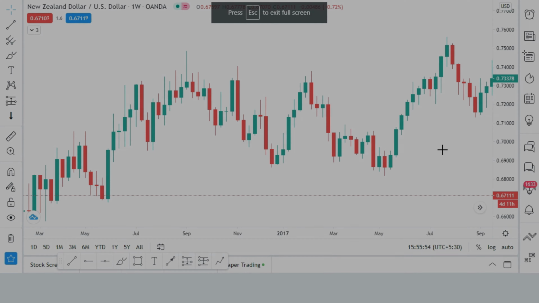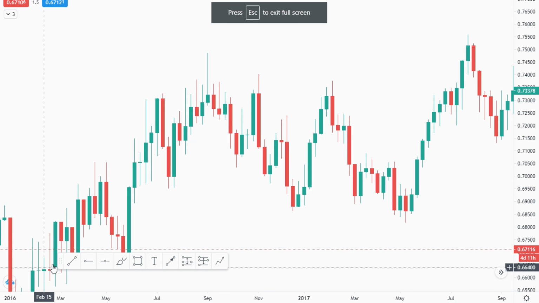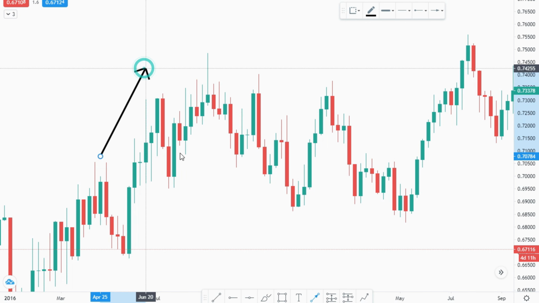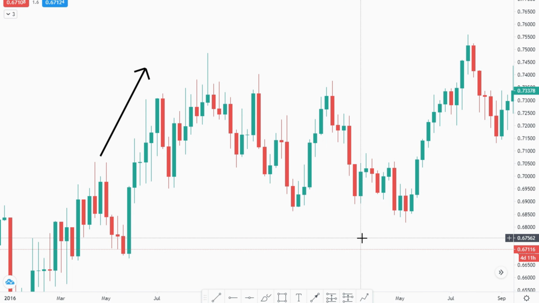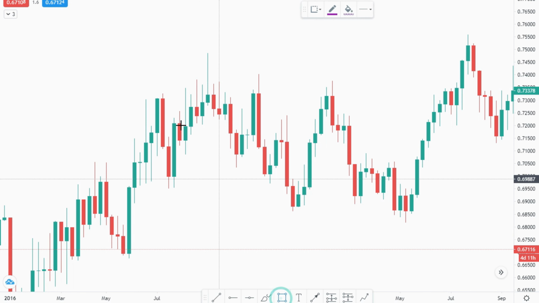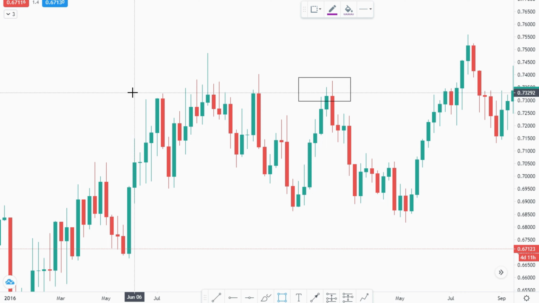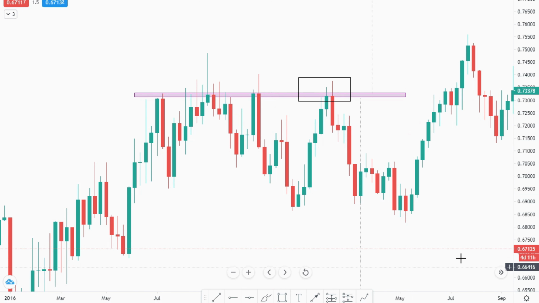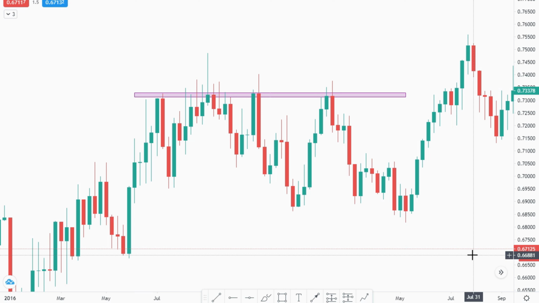Price is in an uptrend, came up, hit and reversed, giving us a good level of resistance. So we draw that in. Then price came back up to this level. What we saw was a momentum loss through shrinking candle,